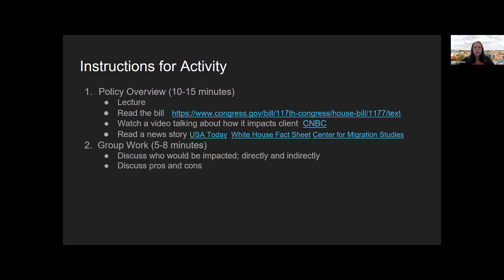The second part is to really break the students up, to do some group work. And here, what we want them to be thinking about, first of all, is who's impacted by this bill, right? So the Citizenship Act of 2021 obviously is impacting immigrant groups, which is why Rob, Jenny, and myself did this activity together. We all do social work practice with immigrants. That's our area of research. So that's one big group,